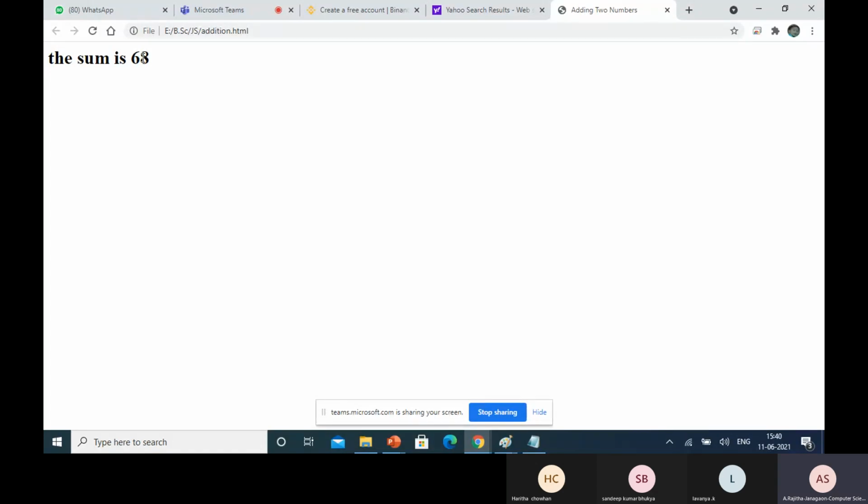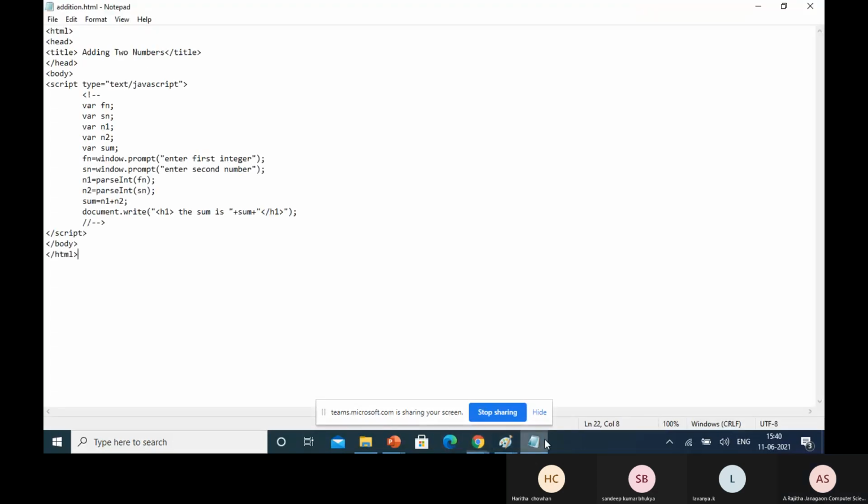So like that, this is how to read the numbers from the keyboard, by using the prompt method that is there in the window object, and it is returned as a string. This prompt method returns some string that is stored here. As already told, there are no particular data types in JavaScript.